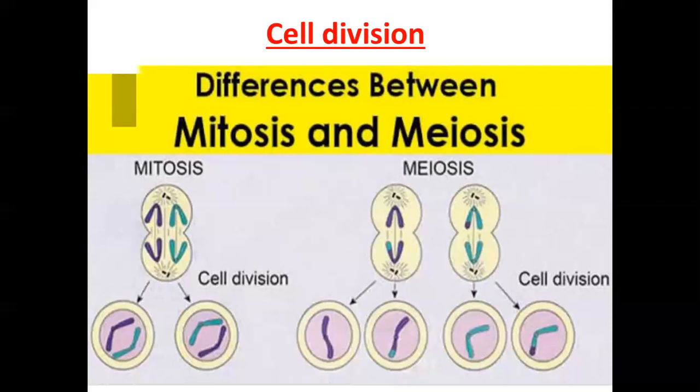Specific cells of reproductive organs or tissues in animals and plants divide to form gametes, which after fertilization give rise to offspring. They divide by a different process called meiosis. When we are talking about the fertilization process, meiosis takes place instead of mitosis, which involves two consecutive divisions. You can see in the diagram again.